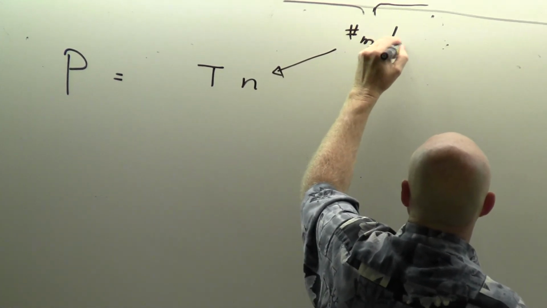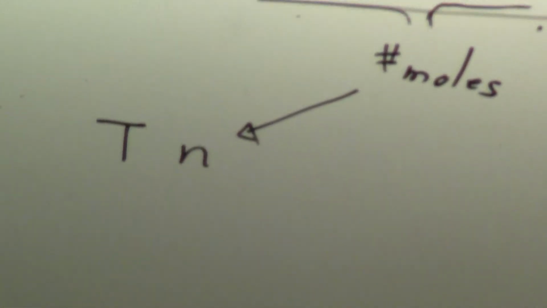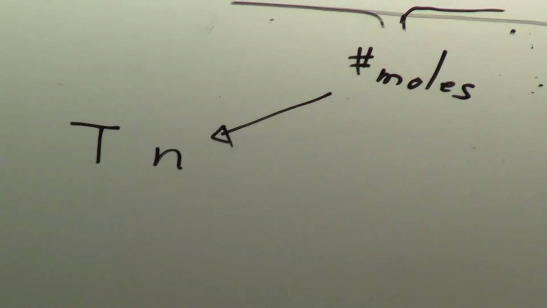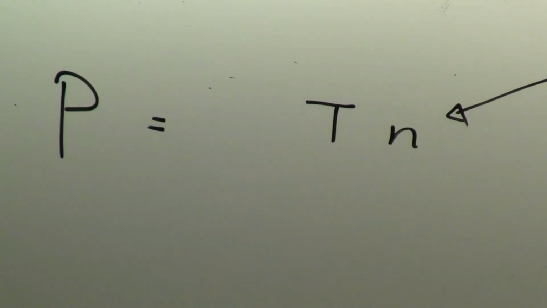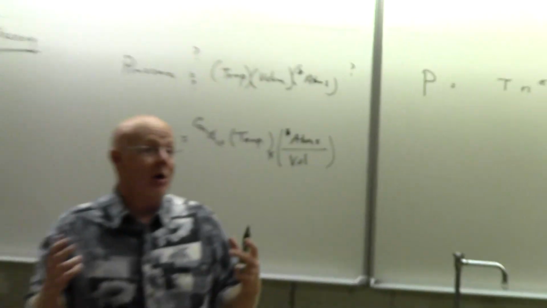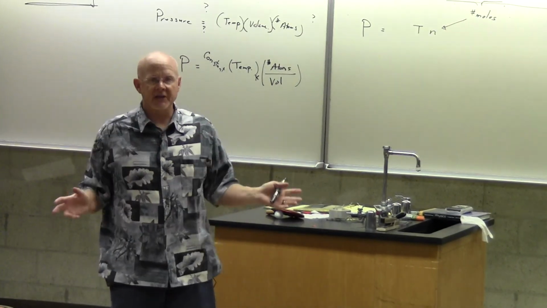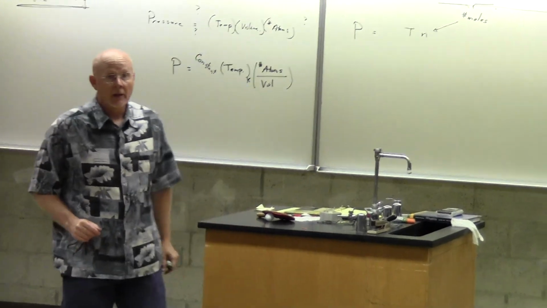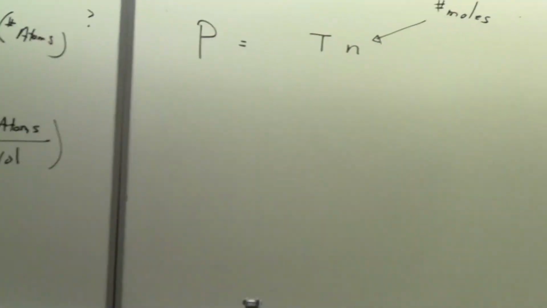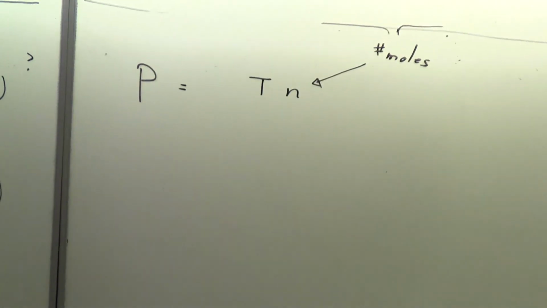I'll pause again here. We talked about moles. Remember, a mole is just a grouping. We could say that there are 16 days before the end of the semester, but we could also say that there are 2 weeks and 2 days. So we can group it. We could also say, I'm going to go to the store and get 24 donuts, but it's a little better to say, I'm going to go to the store and get 2 dozen donuts. Let's do that same thing here. Let's not say how many atoms we have. Let's say how many moles we have.